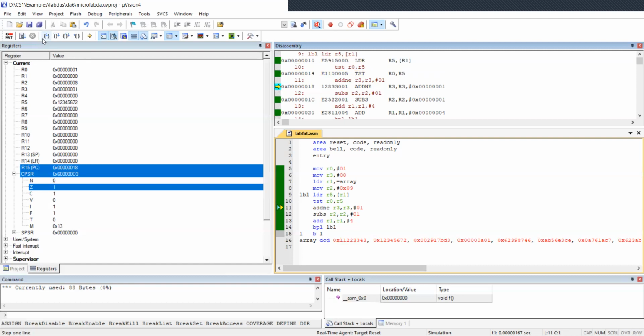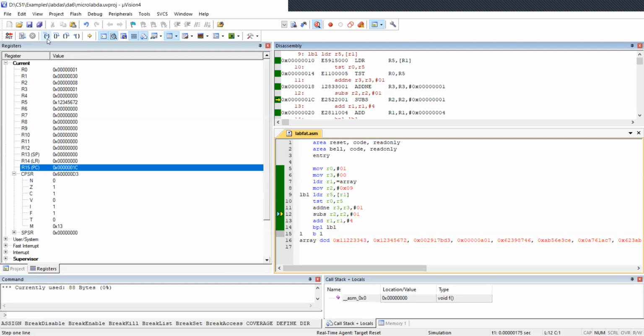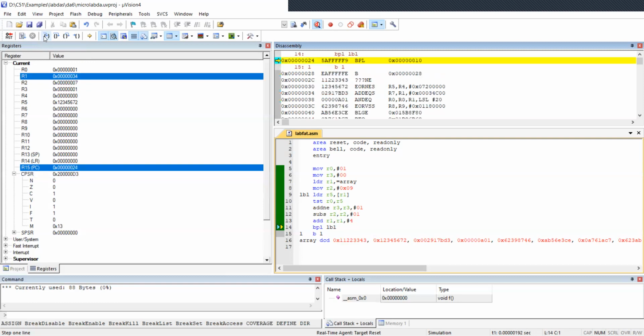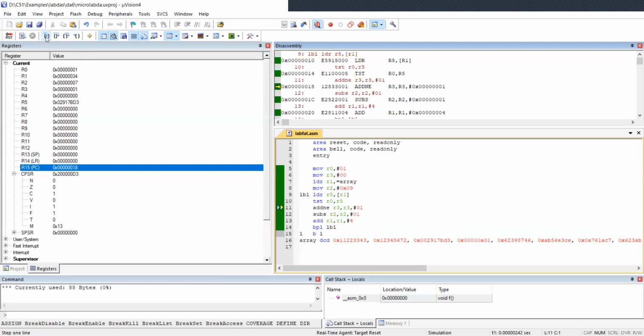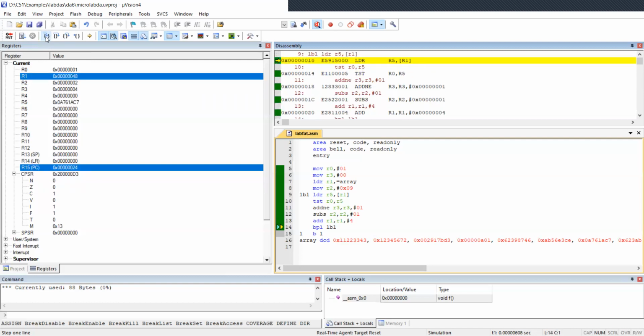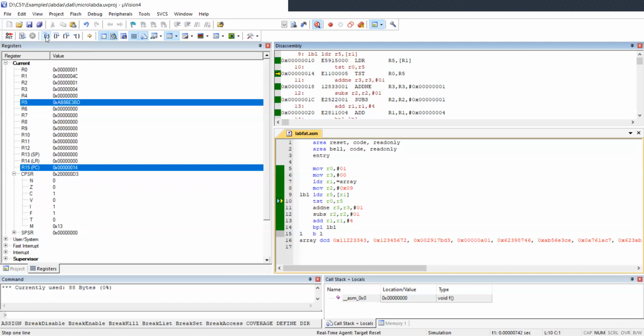We can see here that the Z flag is set to 1 because the number is an even number. So in the next step, ADDNE will not be executed. As we can see here, r3 is still 1; 1 is not added to r3. Here we subtract 1 from our counter register, r2, and then add 4 to r1 for getting the next element address. This will go on until our r2 register becomes 0. These instructions will be executed, and the number of odd numbers in the array will be stored in r3.